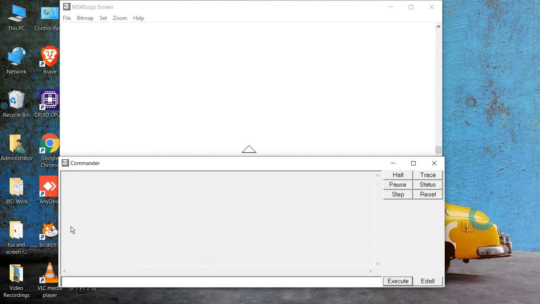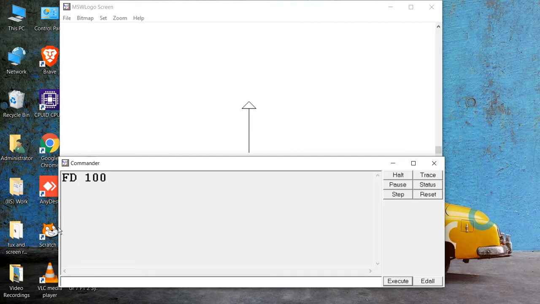So now I am writing one command, FD. What is the use of the FD command? The FD command is used to move forward. FD means forward. So we have to write FD, then a space, then I will give some steps. So I am writing FD, then space, then 100. When I press the enter key, you can see my turtle is moving 100 steps forward. And as I have told you, whatever command I write will be displayed in the recall list box.